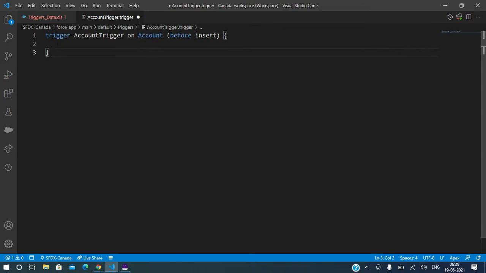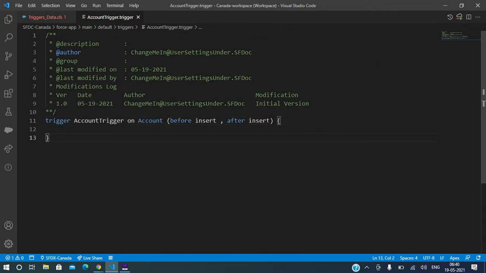How does the trigger syntax look? Trigger is a keyword, and AccountTrigger is the name we provided. This is called the trigger name. Then on which object and what are the events. Here the events will go. If I need another event, I'll say after insert. Likewise, I can add events until my last event. Clear? Any question in this?